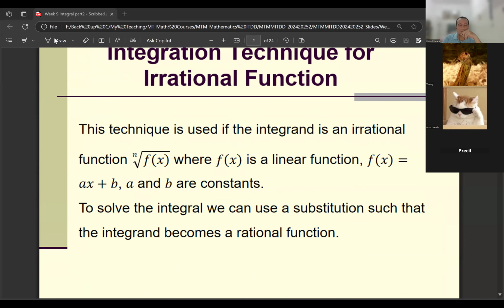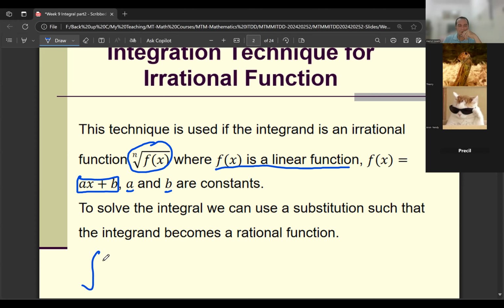This is the irrational function, in root of f(x), and the f(x) is a linear function, ax plus b, where a and b are constants. And in this case, to solve the integral that contains an irrational expression in the integrand,